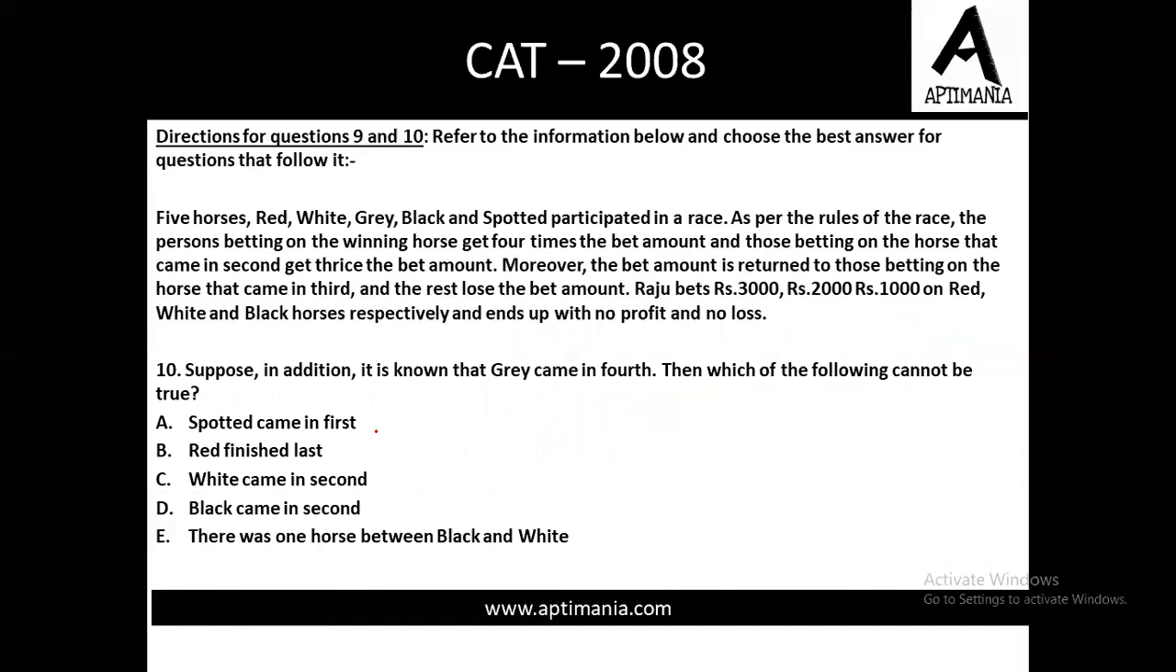So suppose in addition, it is known. Okay. So I am repeating the cases that we've drawn. So it will be red investing 3,000, and then white investing 2,000, and then black investing 1,000. Right. So the first case was when black is at the first position, right? And we were placing white on the third position and red either on the fourth position or red on the fifth position, right? Second case, when